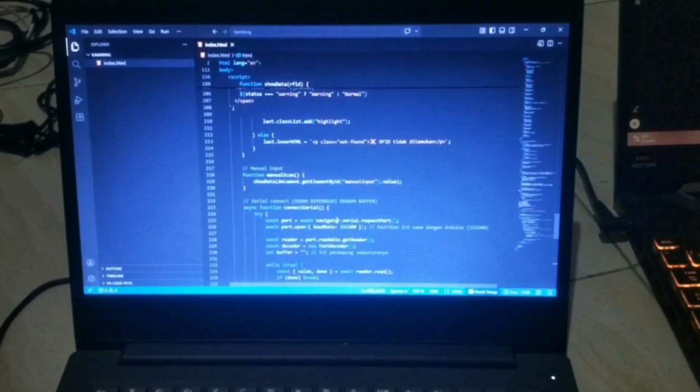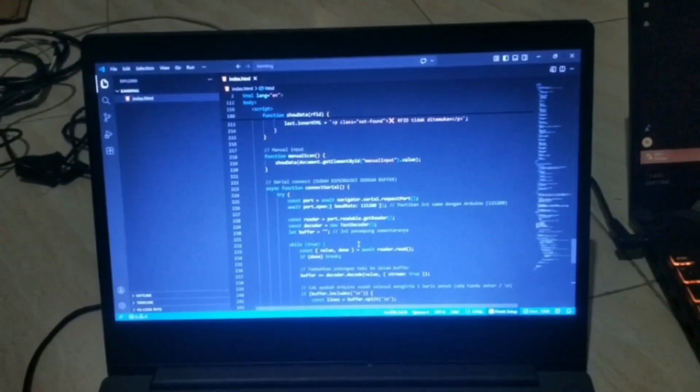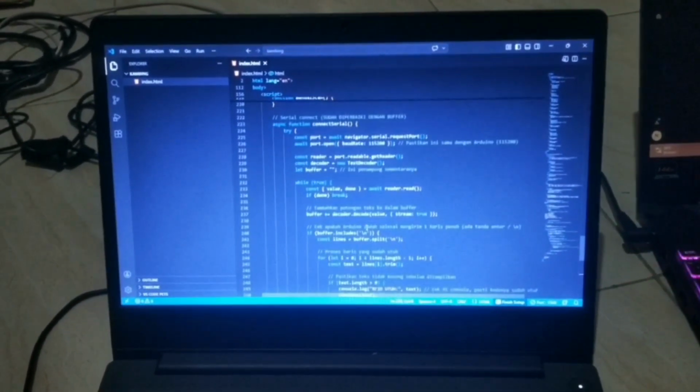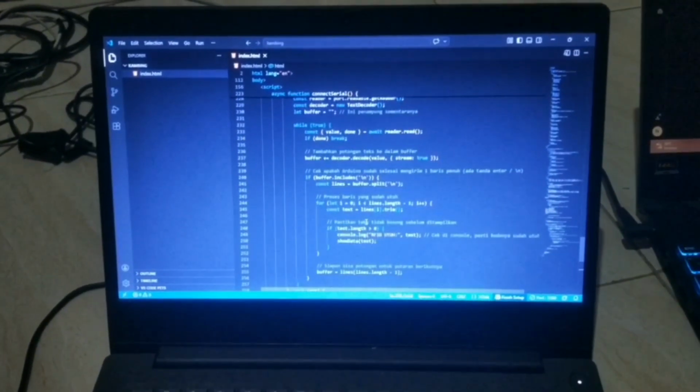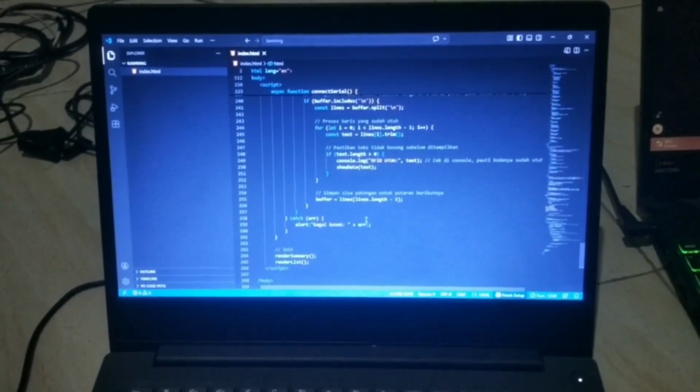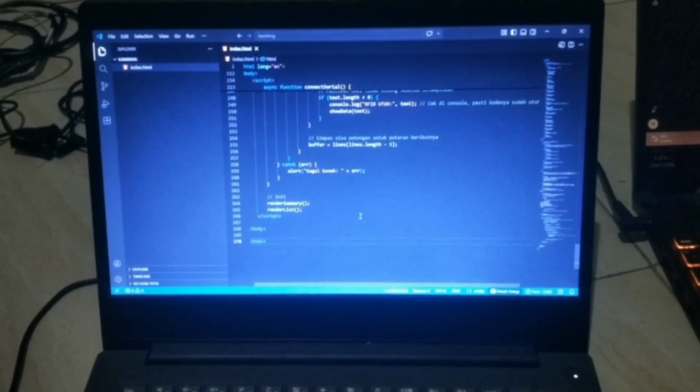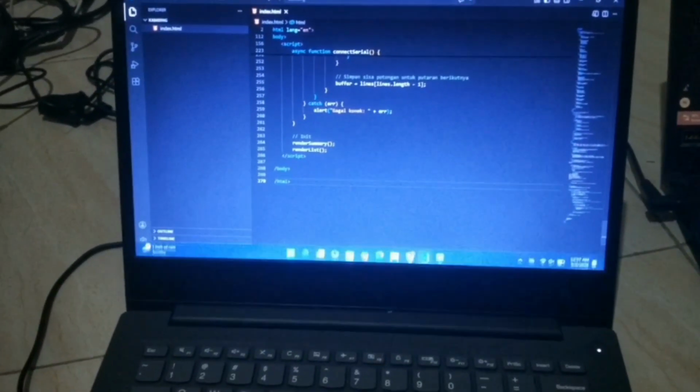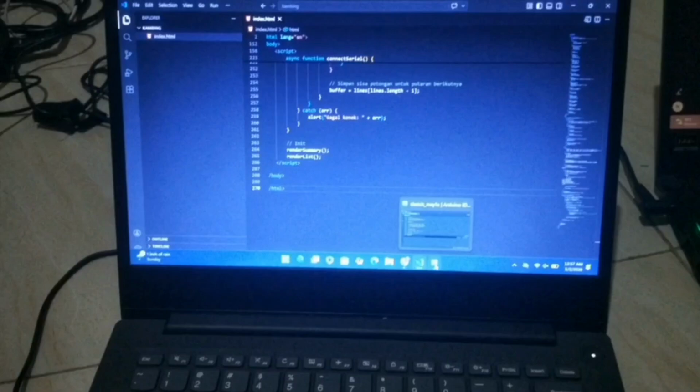The next step is hardware assembly. The components used are an ESP32 board and an RFID module, commonly RC522.